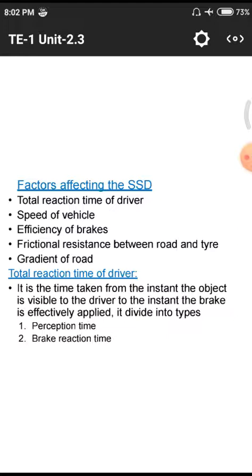Next one is the efficiency of the brake. In the stopping sight distance, both vehicles are moving over a particular span of length. If both vehicles have the same speed, they maintain a particular distance from us. If they are not maintaining the same speed, that means the speed of the vehicles is varying, automatically we need to cross, or we have to stop at that particular point because of these vehicular speeds. Next one is the efficiency of the brakes.